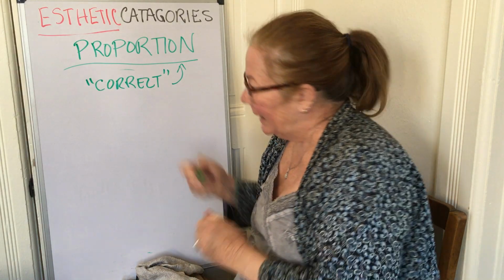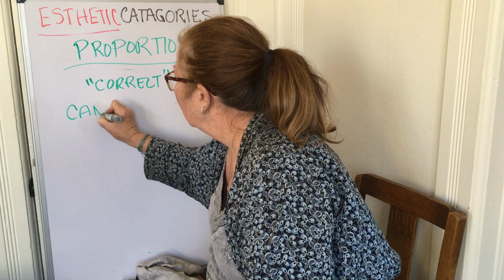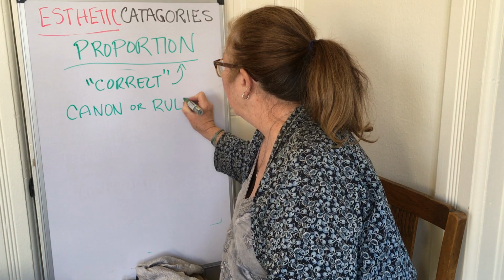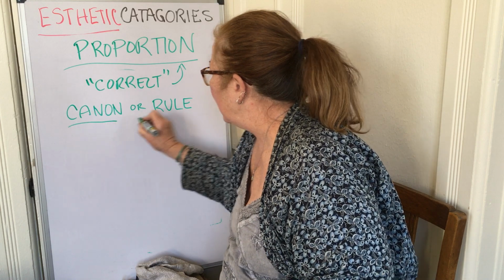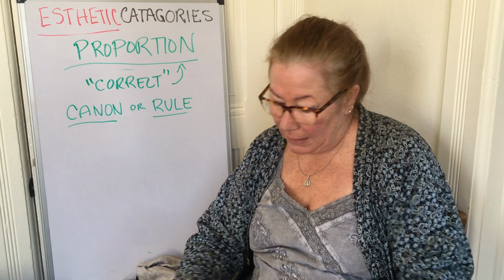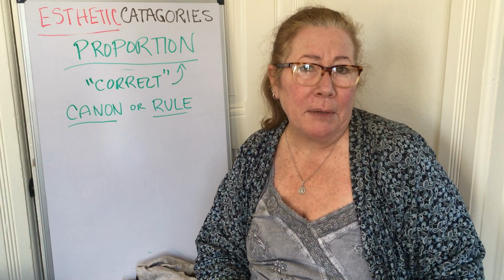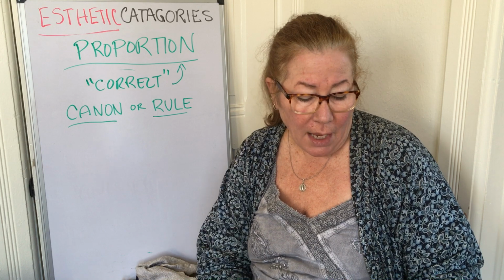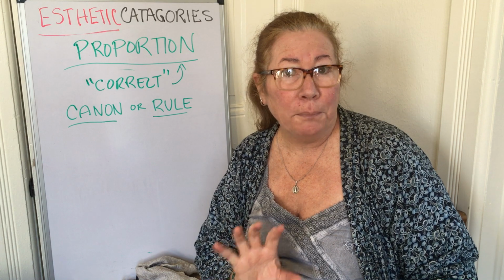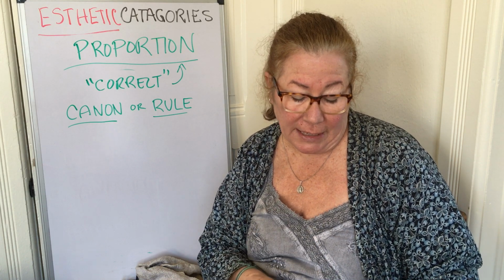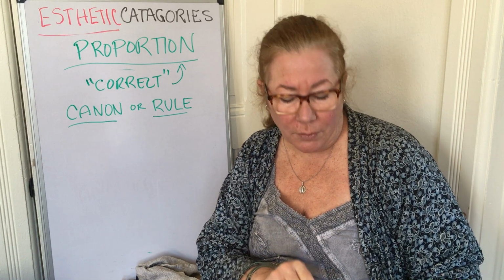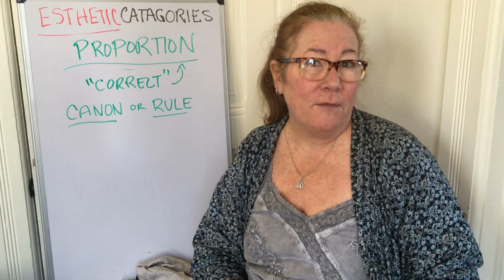And they used what they called a canon. And a canon is a rule, right? A canon or a rule, so these mean the same thing, okay, of proportion. And these canons or rules change through time and between cultures, so they don't always stay the same. And remember that artists sometimes use disproportion on purpose, right? They use it deliberately. And proportional relationships are often based on a module, or what we call a basic unit of measurement,